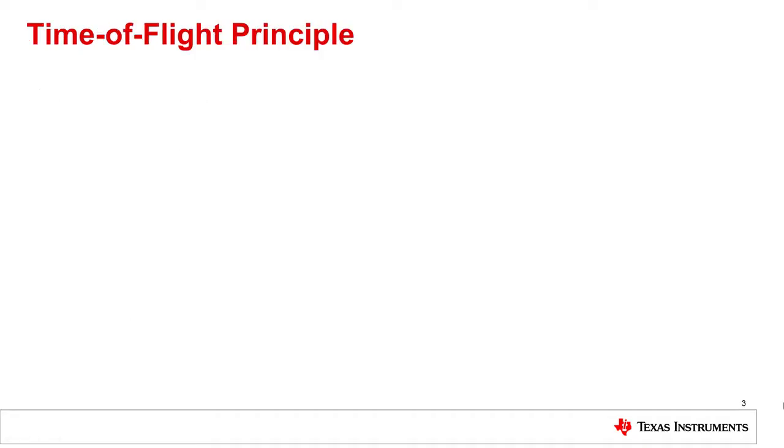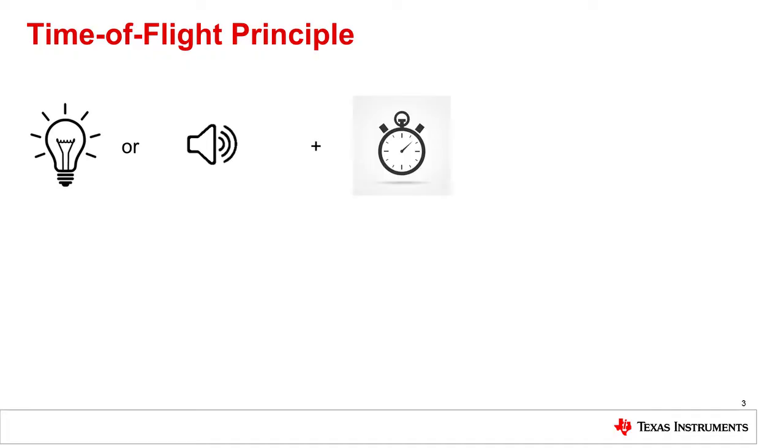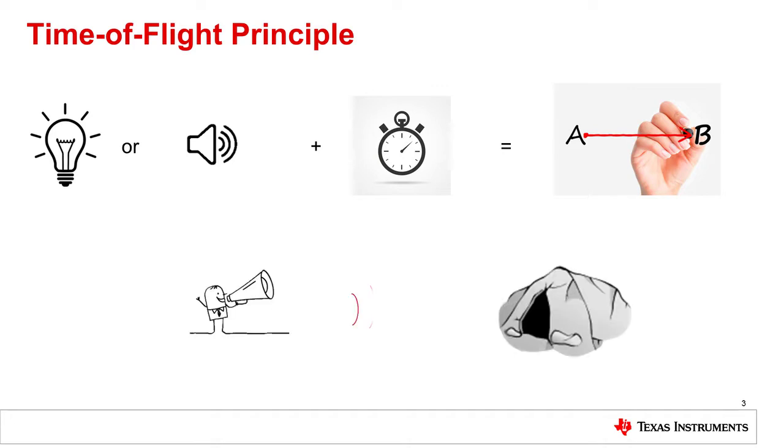If you're not familiar with time-of-flight technology, simply put, it is using a reference medium such as light or sound and measuring the time taken for the medium to travel between the sensor and the target to determine the distance. Since the speed at which the medium travels is constant, the time delay faithfully represents the distance traveled. When the emitted source bounces off the target, you get a reflection back towards the source. This is the same phenomenon as when you yell into a large cave and you hear an echo in return.